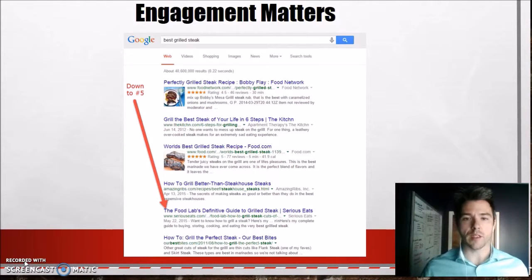Because think about it, if you click on a site and immediately click back to the Google search results, that means it wasn't very relevant for you. It wasn't the information you wanted. And that's very, very important for Google. All right, so still to this day, they say this is not actually a ranking factor, and this is not what's important. But again, it all came to a head last year when I realized, yeah, absolutely,